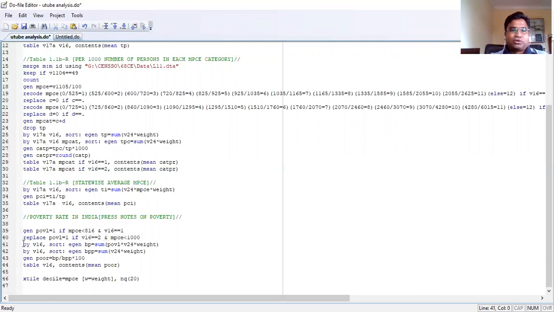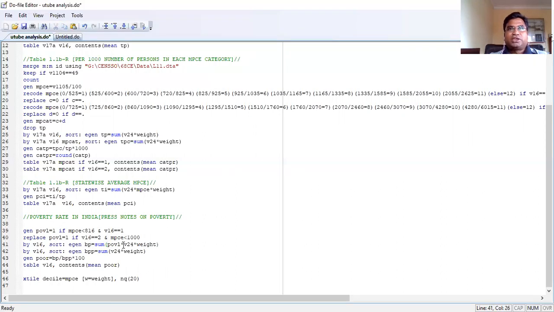Now I need to count those poor households once again at the population level. Because we are doing this at the all India level, we are not doing it for the state level, I leave it to you to replicate this analysis for the state level as well as rural urban. So we are doing this for the all India level to make you understand, and then you can carry out your analysis. So I'm saying by rural and urban sort region, this is below poverty line, this is the name I have given. Sum, and the first function is this.